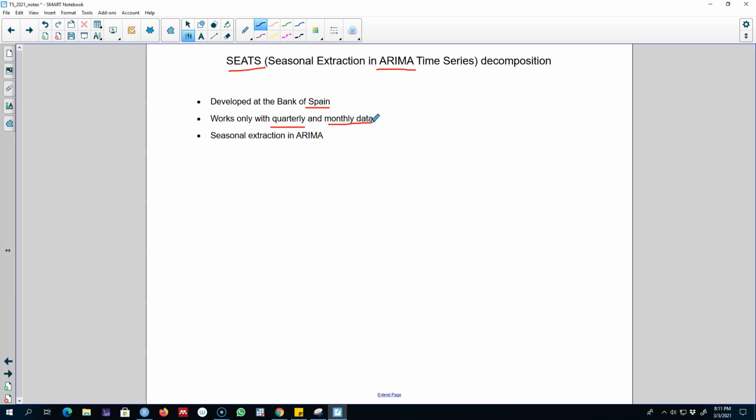If you have daily or hourly or weekly data, you should probably look for something else. If you want to use this method, your data should exhibit either quarterly or monthly frequency. This method uses the Seasonal Extraction in ARIMA framework, and we'll talk more about ARIMA models in the future. But let's go to R and look at an example of how to extract three components from a time series